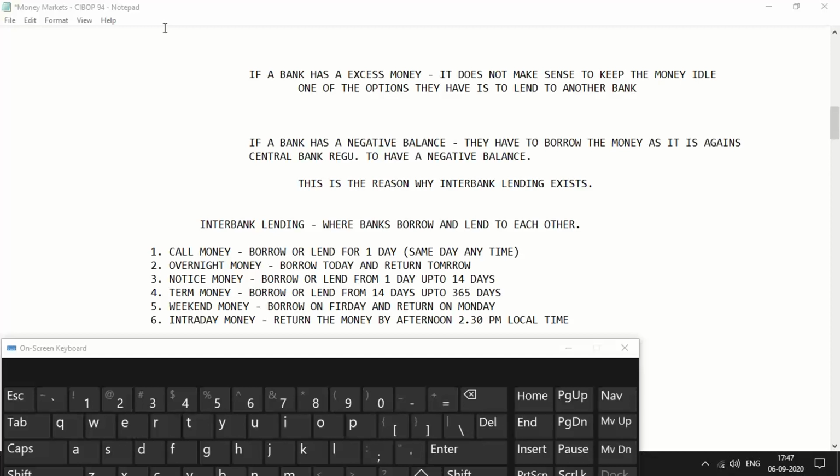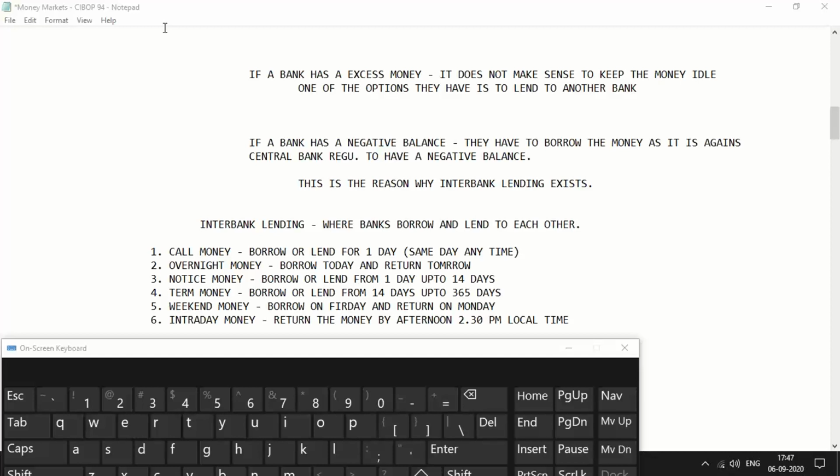Now what do I mean by this? Now let's say that you're sitting here in Bangalore, and you are, let's say, working for Societe Generale. Okay, and you have to manage Societe Generale's Hong Kong branch or whatever it is. So by 2:30 p.m. Hong Kong time, you have to return the money to your counterparty or even the regulator. Okay, because generally intraday transactions are generally done with the central bank,